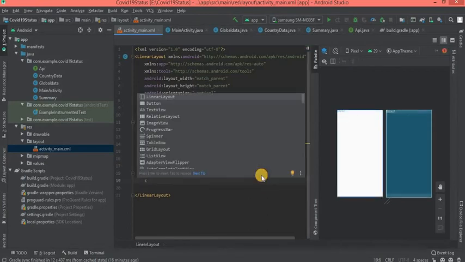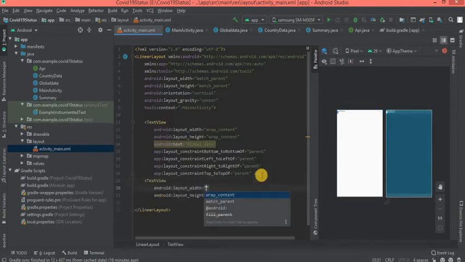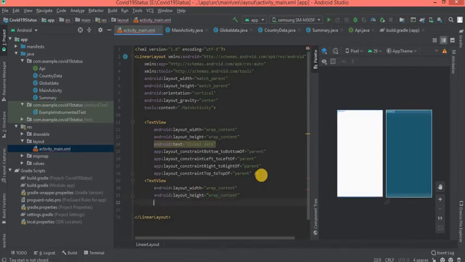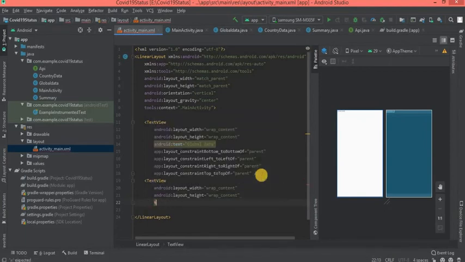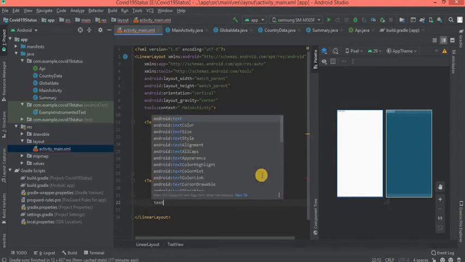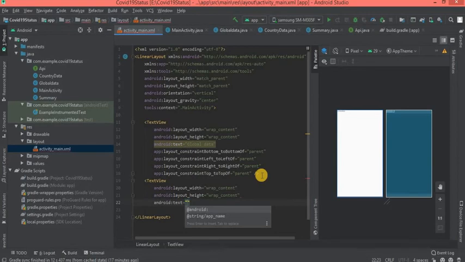Below that we have a text view, wrap content, text, and here we are going to mention total cases around the globe.